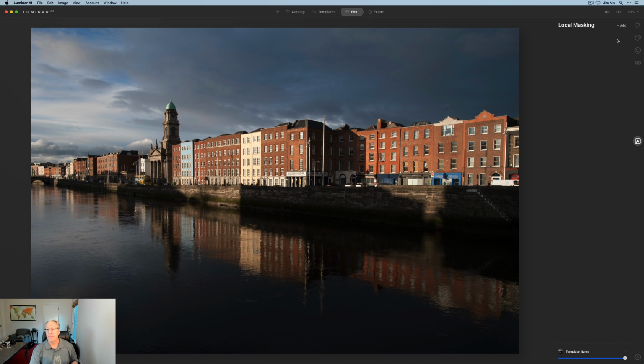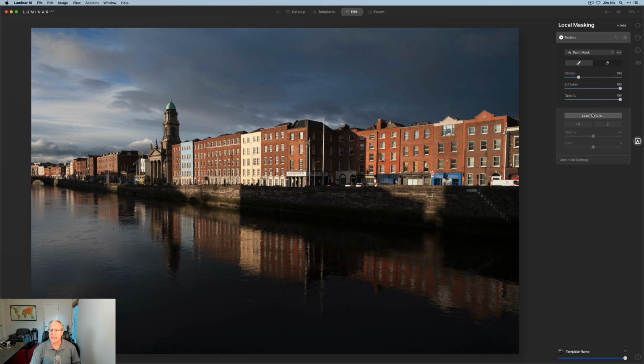So you click on that and it opens up a new menu and it says add. You basically have 2 options. You can add a basic local adjustment or a texture local adjustment. I'm going to talk about texture first, but I'm going to come back and do different videos about that. But if you click on that, that's how you added a texture layer in the previous version of Luminar,